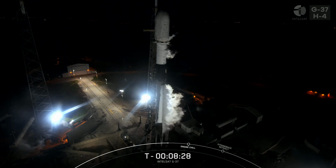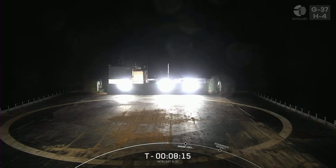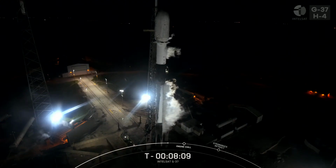It previously supported Crew 5, GPS-3 Space Vehicle 6, Inmarsat I-6F2, CRS-28, and a past Starlink mission. And we will attempt to recover this booster again on our drone ship. Just read the instructions, which you see there on your screen now. And if successful, this will mark our 213th landing of an orbital-class rocket, and that includes both Falcon 9 and